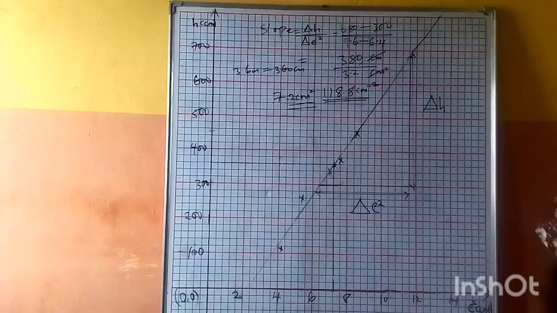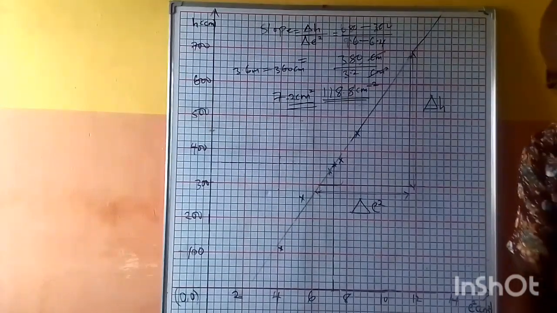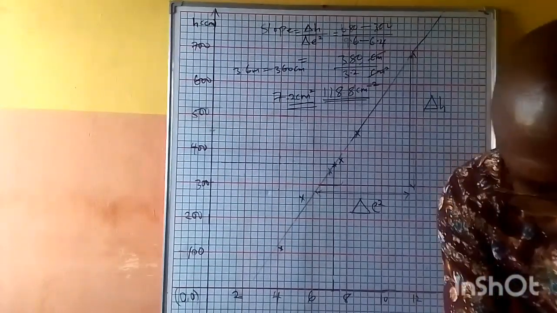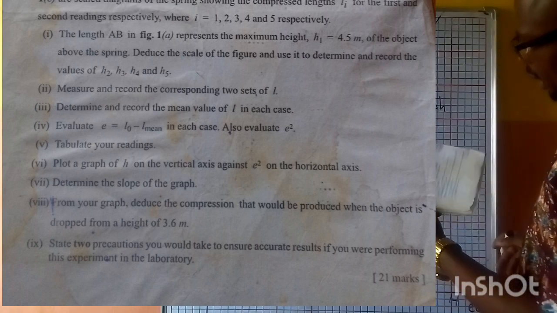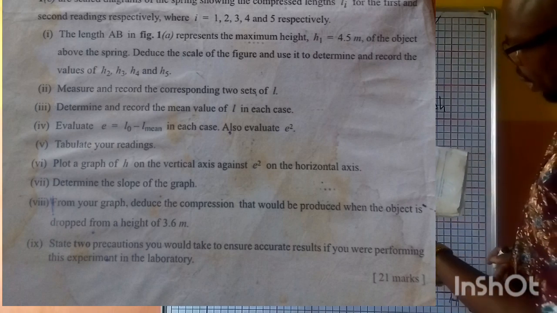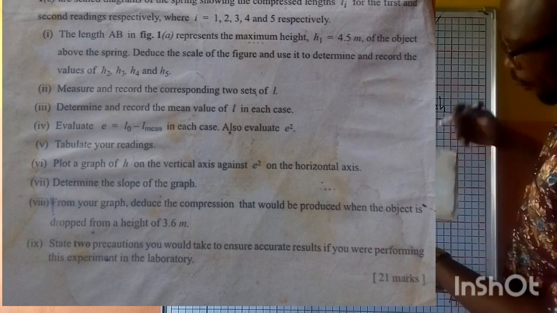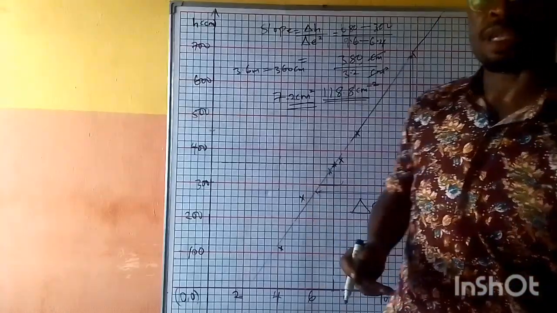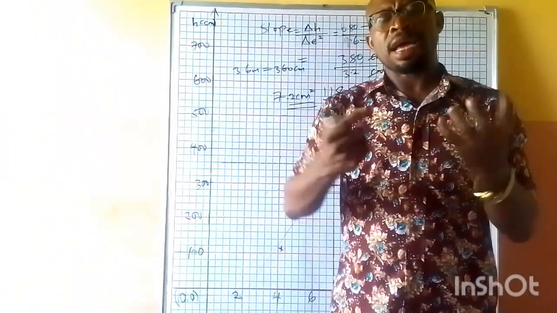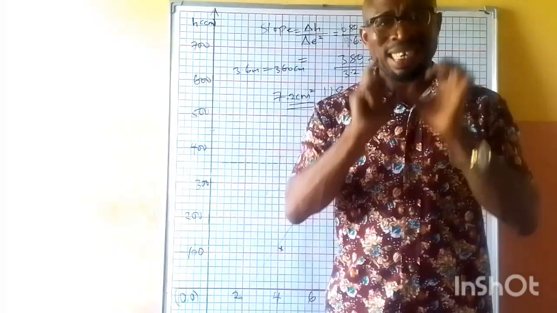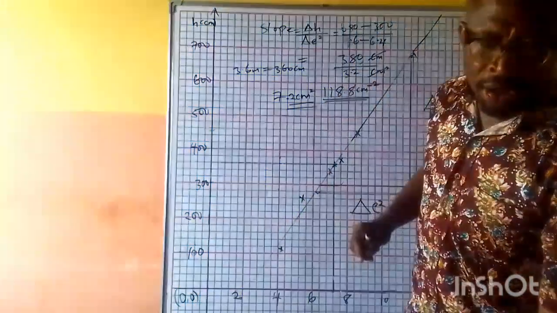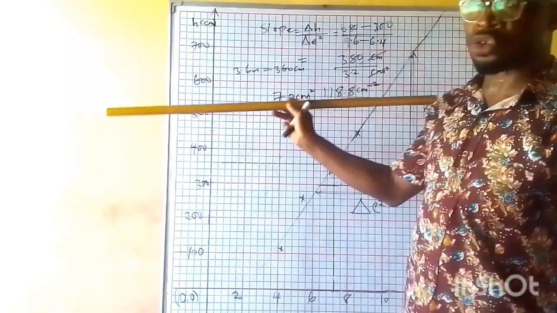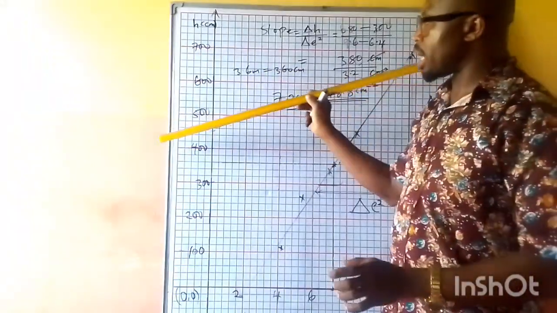Now, the next question here says, which is the last but not the least: State 2 precautions you will take to ensure accurate results if you were performing this experiment in the laboratory. Yes, remember in our previous video, I gave the necessary precautions to be taken. Since a meter rule was used in the experiment,